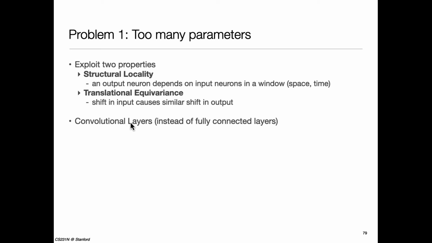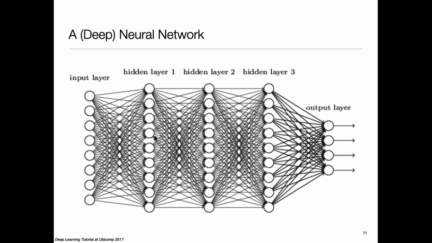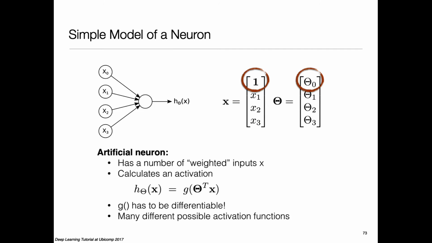So that led to the idea that instead of fully connected layers, we can get away with what is referred to as convolutional layers. So instead of a neuron in one layer getting input from all the neurons in the preceding layer, the locality says that a neuron in a layer should perhaps only get input from neurons within a certain distance in the preceding layer. So that's one part. Going back to a figure like this, it might say that a neuron out here will only get, let's say, 4 neurons immediately underneath it. So that's the locality part.